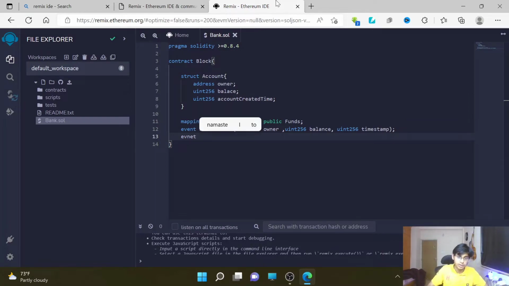Let's create a different event. So basically there are two events. One event is to add the balance. One event is going to get triggered when the balance is added, and one event is going to be triggered when we withdraw something from our account. So let's give the withdrawal event the name as